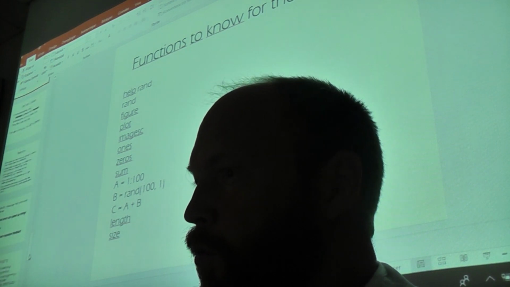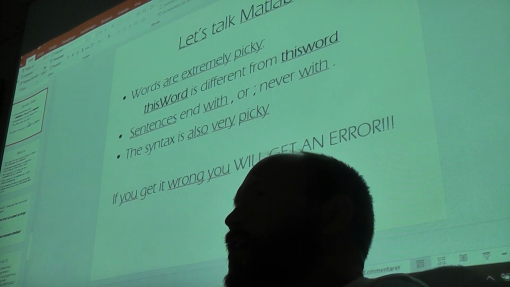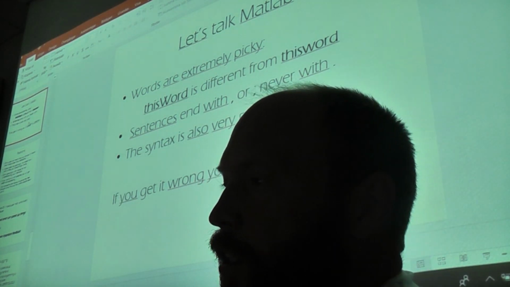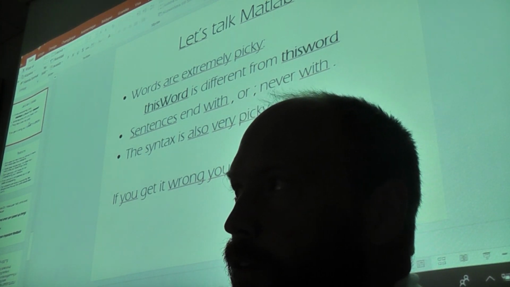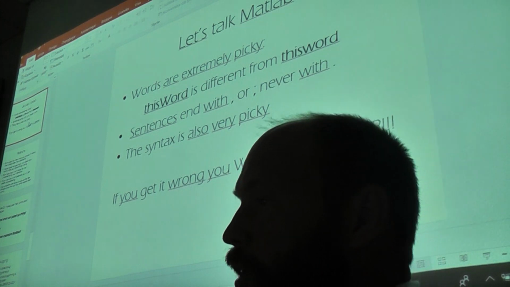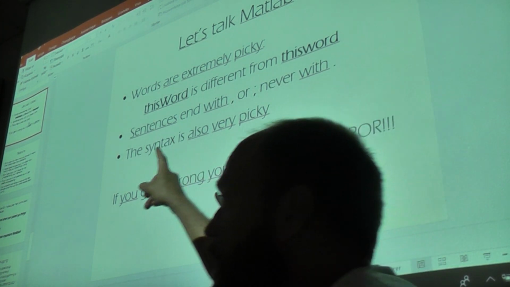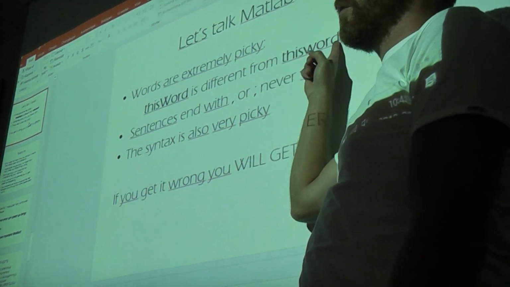Okay, so once you start programming, you type these function names in a specific order. But when you're talking Matlab, you should know that Matlab is extremely picky. So I've got an example here. This word is different from this word.